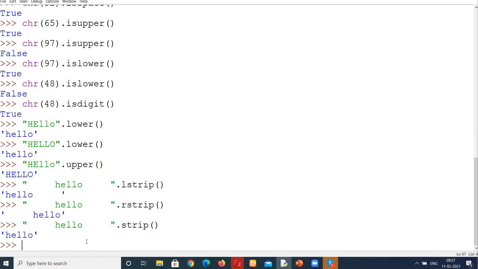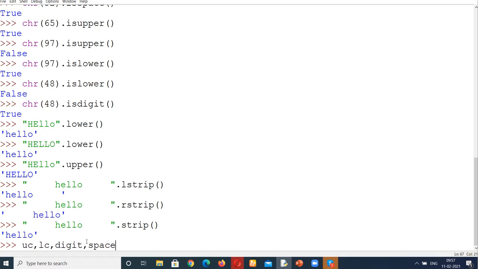Now I'm giving you one question to do, and the best thing is that today you have to use only these functions. The question is: you have to input any string from the user, and then count how many uppercase, lowercase, digits, and spaces are available in that sentence or word.